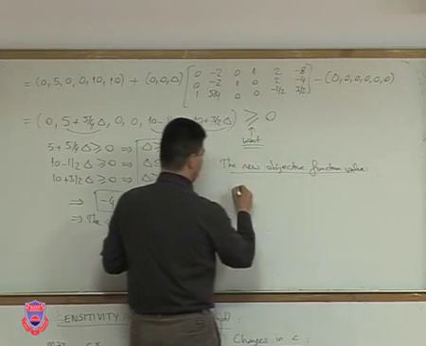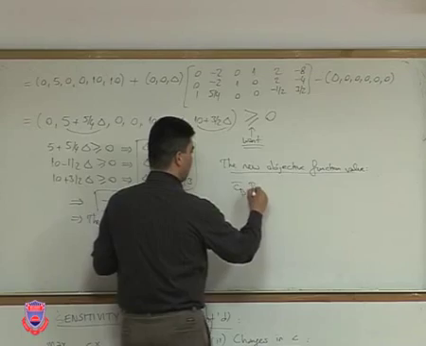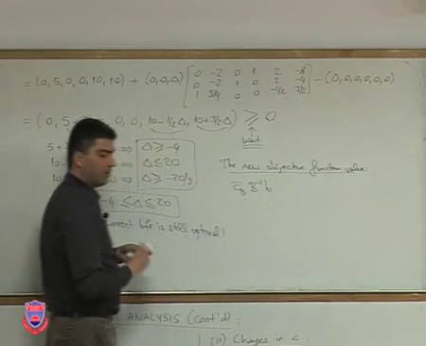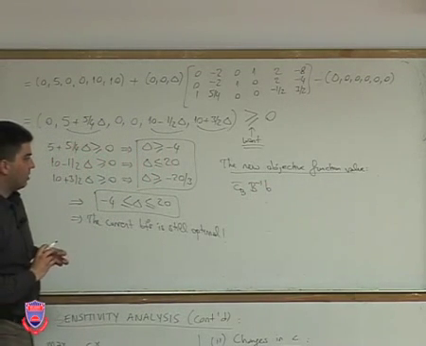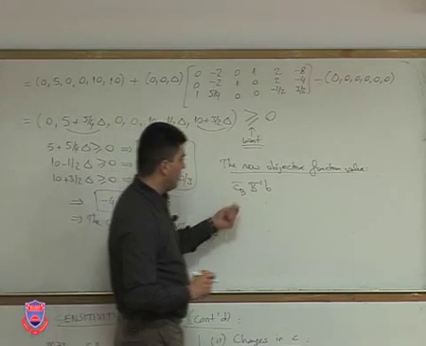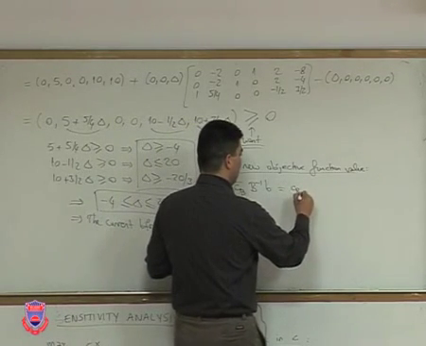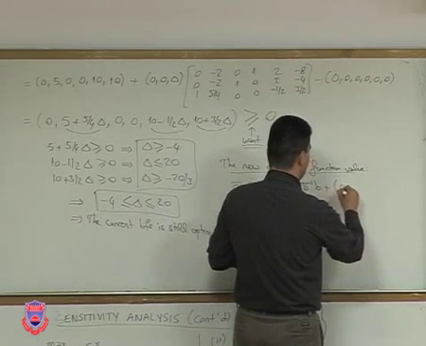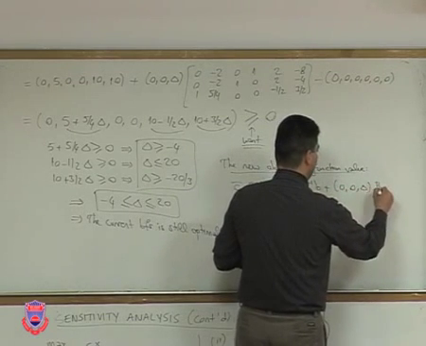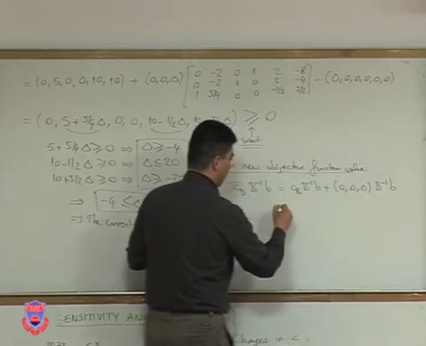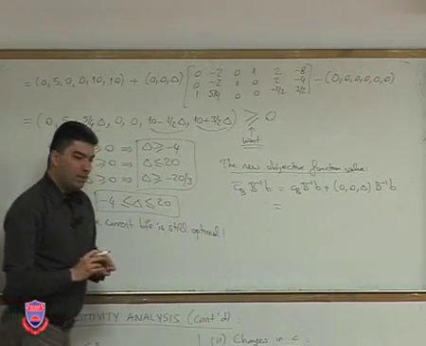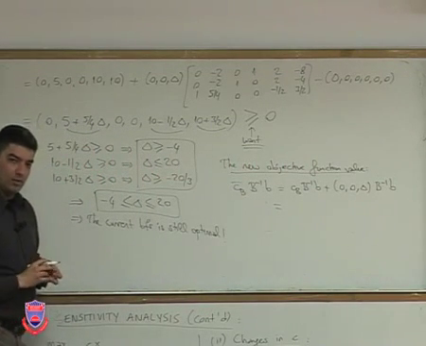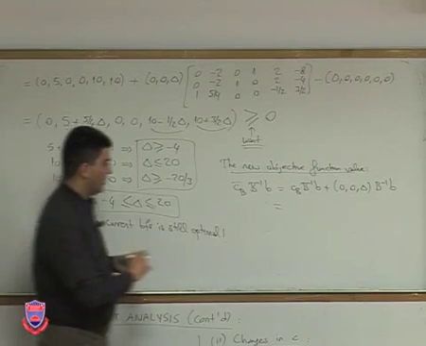Well, it's going to be given by the following. CB bar, B inverse times little b, basically. Okay, that's going to be my new objective function value. And instead of CB bar, I'm going to simply write CB plus the change in C, which is given by 0, 0, delta, times B inverse times little b. So what is CB B inverse little b? That's the previous objective function value, which was equal to 280